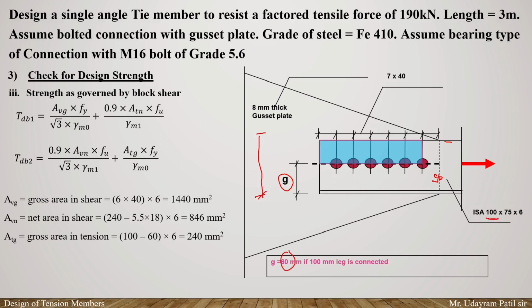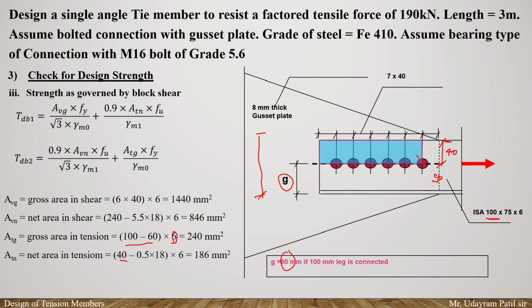जो टोटल मेंबर है आपका वो है 100 mm का. So 100 minus 60 will give us this particular portion, this particular width or the depth, that is equals to 40 mm. So therefore it will be equals to 100 minus 40 multiplied by the again 6 mm, that will give us 240. Similarly the net tension area, आपका number of the bolts hole जो आपको माइनस करने से